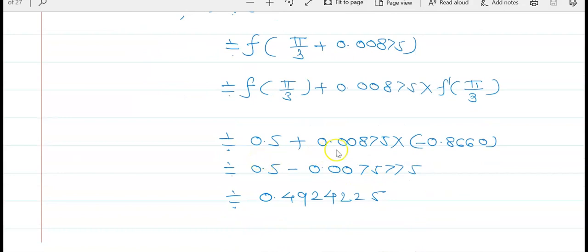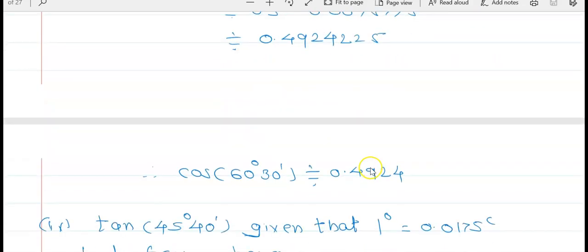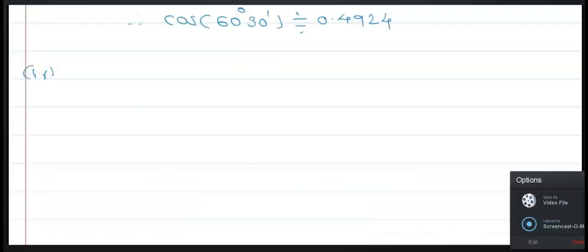0.5 plus 0.00875 into minus 0.8660. After their multiplication, you will get 0.4924225, and that's why cos of 60 degree 30 minutes is equal to 0.4924. Now the next problem is